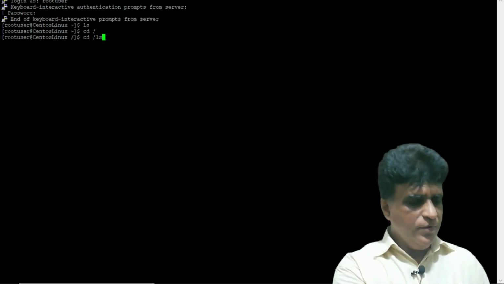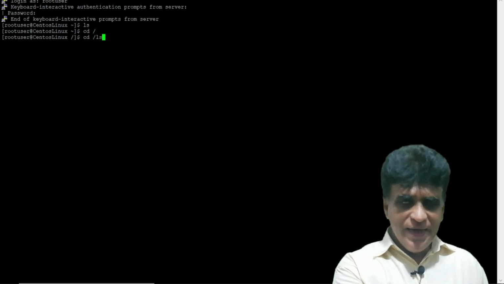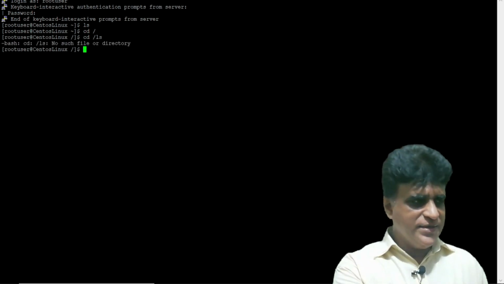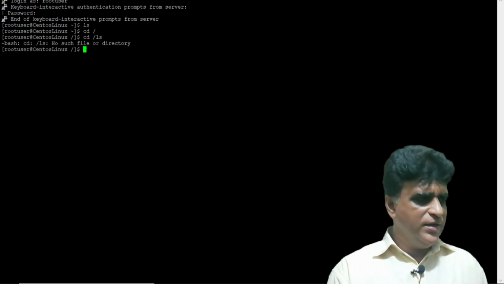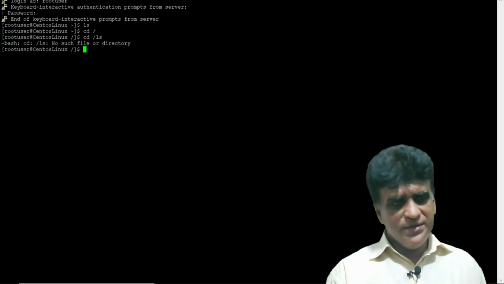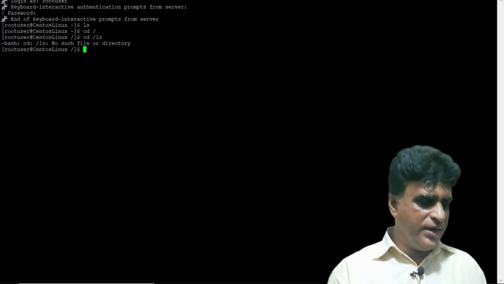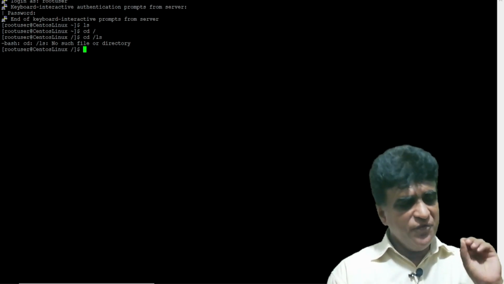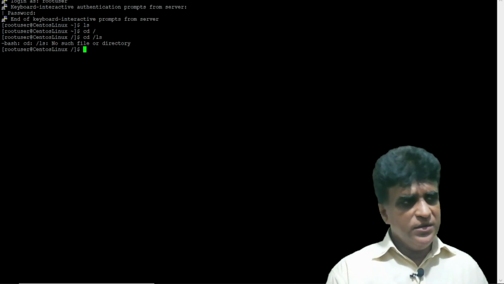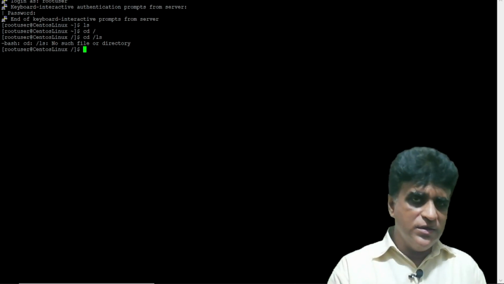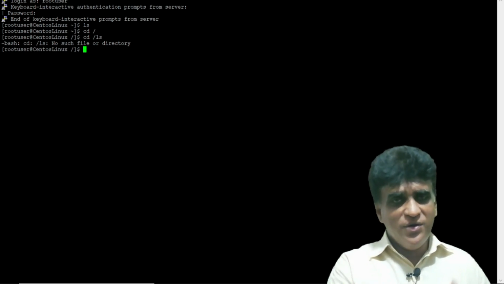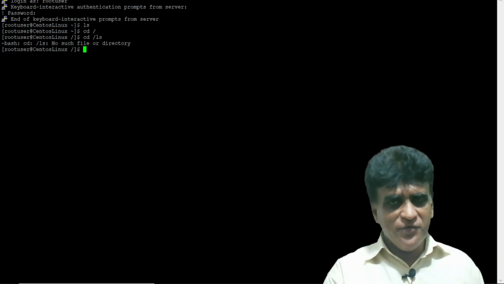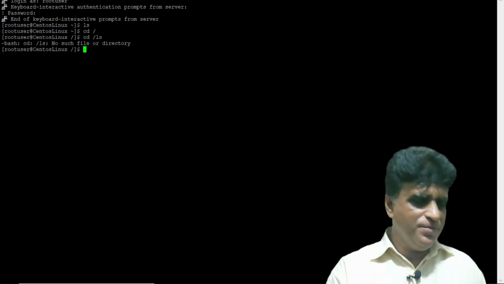Anyway, ls is the same as the dir command in Windows or DOS. Now you can see what files and directories are stored in this particular machine. But we don't have sufficient privileges on this machine. This is not really the root user, which means all root privileges are not allocated to this particular user.